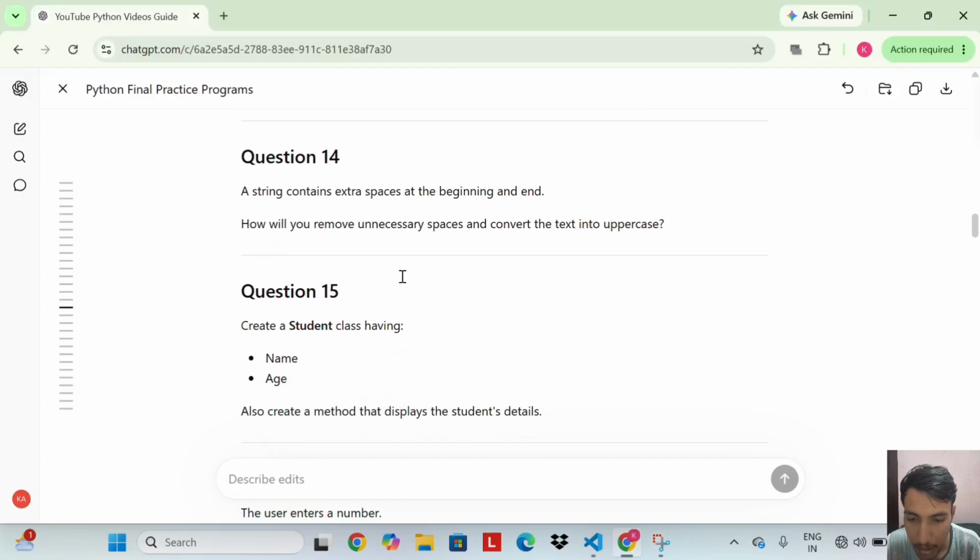A string contains extra spaces at the beginning and end. How will you remove unnecessary spaces and convert the text into uppercase? So let's do the code for question number 14.